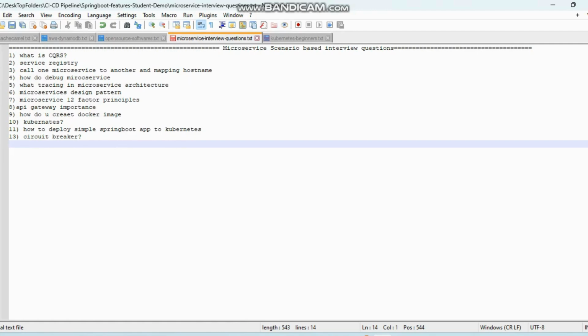It is firing the read query and the write query. Let's say microservice A is firing the write query into microservice B's database, and microservice B is reading the data, or microservice C does some read operation.